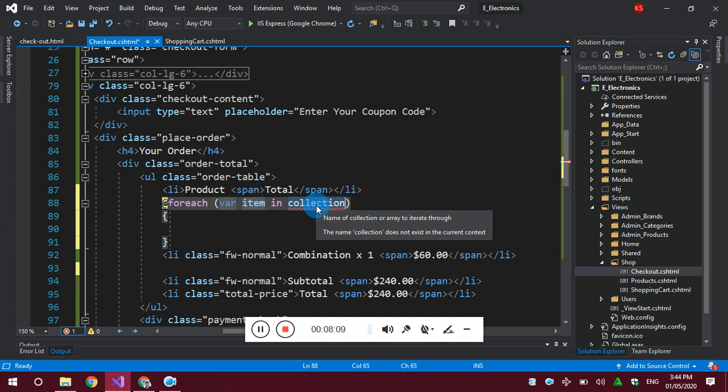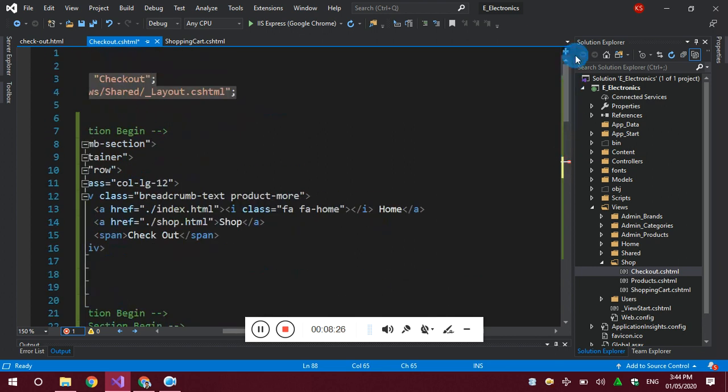I will call this session, but before calling it you have to access the models, because all the items in the shopping cart or the session are of a type of model, which is the cart item model. So I have to access the model first.